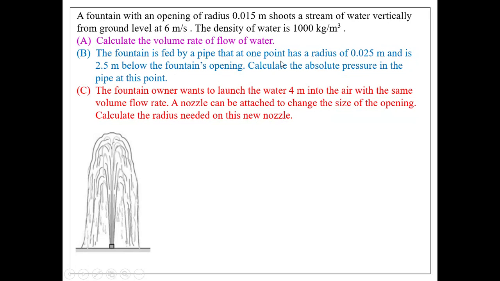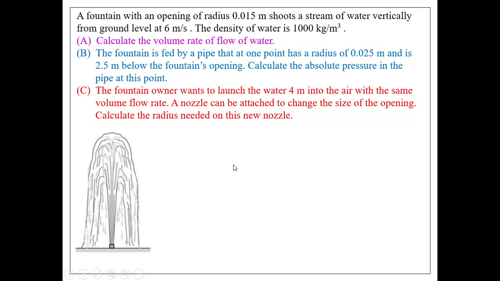a pipe beneath the ground that has a radius of 0.25, it wants us to calculate the absolute pressure at that point, 2.5 meters below ground. And then part C wants us to find what the owner of this particular fountain would have to do in order to shoot the water 4 meters up into the air, by adjusting the radius of this nozzle. All right, so if you need to pause, read that again, and get a good sense of what's going